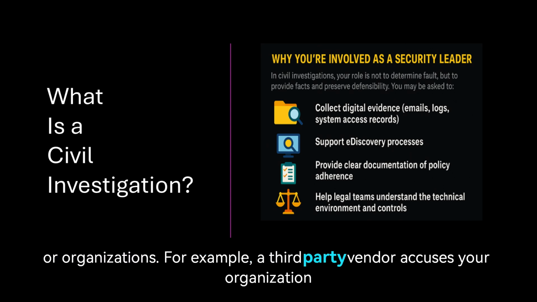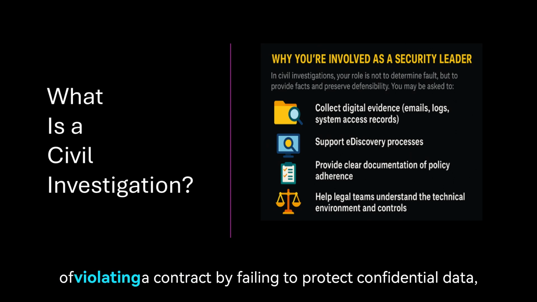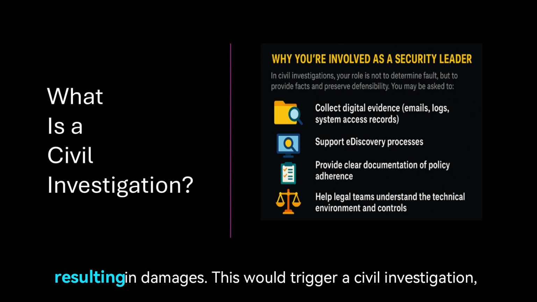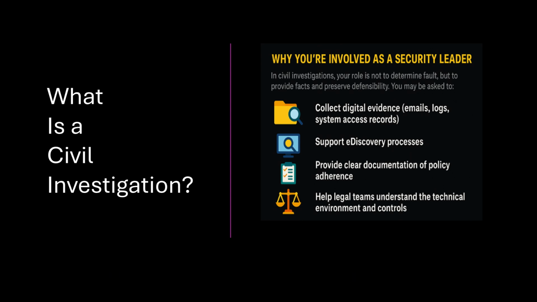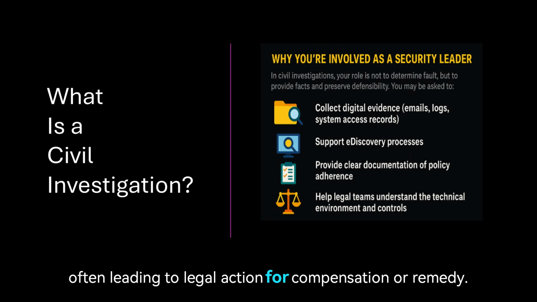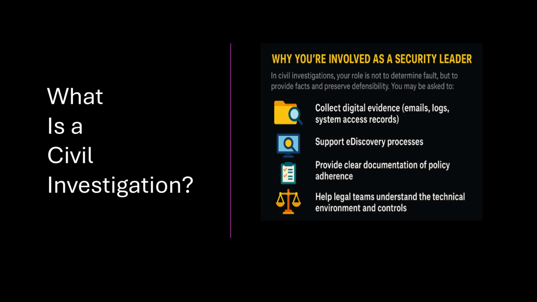For example, a third-party vendor accuses your organization of violating a contract by failing to protect confidential data, resulting in damages. This would trigger a civil investigation, often leading to legal action for compensation or remedy.